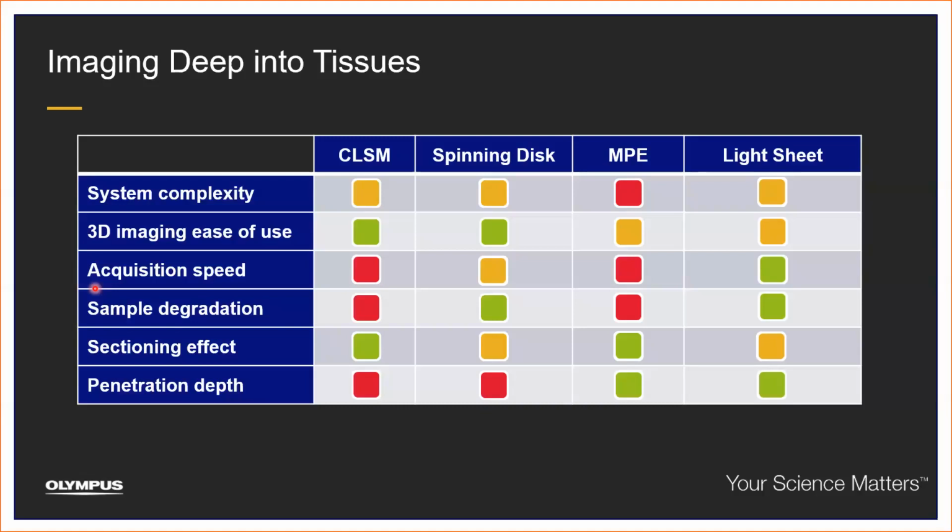Now, here is a chart that compares various parameters among the technologies we just discussed. Let's start by focusing on the first row. As you can see, multiphoton systems are more complex and therefore pricier than confocal, spinning disk, or even Lightsheet microscopes. But while confocal and spinning disk systems have gotten to a point where you can have automated workflows and are super easy to use,